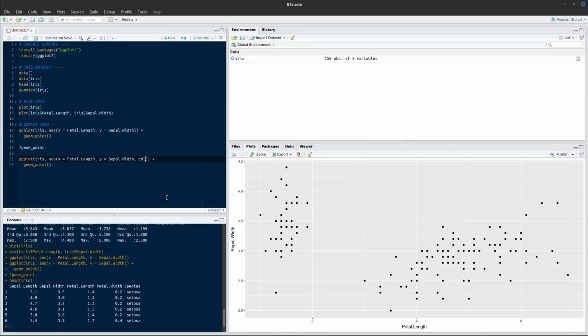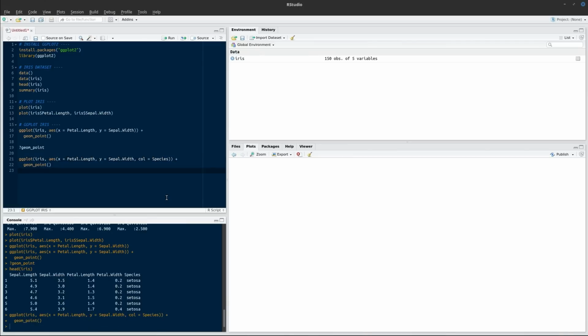You can type this in three different ways. You can type it the American English way, the British English way, or the programmer way, which is just by shortening it to col, to save a bit of space. So the variable that we want to map to color is species. This is the only change that we're going to make to this ggplot call, and if you run it,